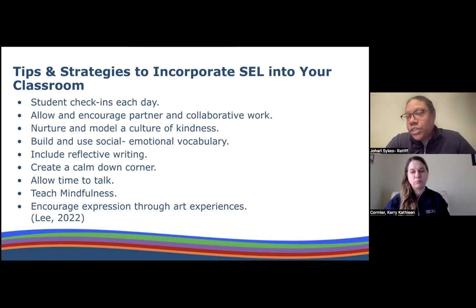And there's tons of research on the impact of just incorporating art in your classroom for children to express themselves versus sometimes talking. A lot can come through art. So this is another component and strategy that you can build into your classroom that's going to make sure that you're hitting on those social emotional learning components.